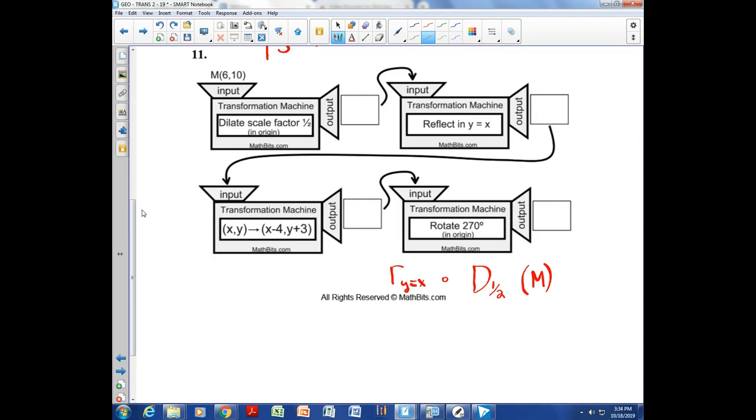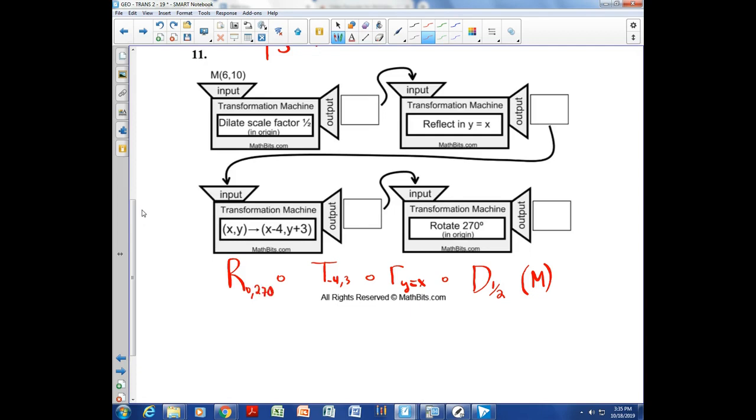And after we reflect that over the line y equals x, something else is going to happen to it. We have another part here. It's going to be translated by (-4, 3). T(-4, 3). And finally, the last part of this composition is going to be a rotation around the origin of